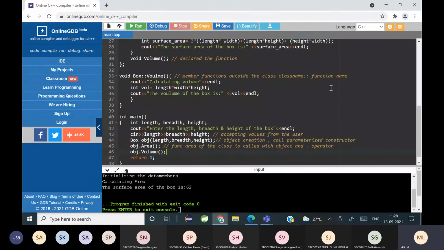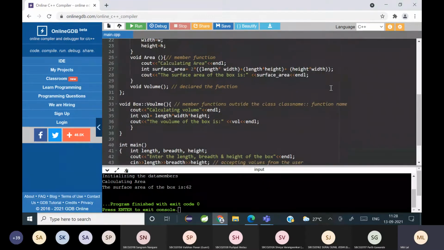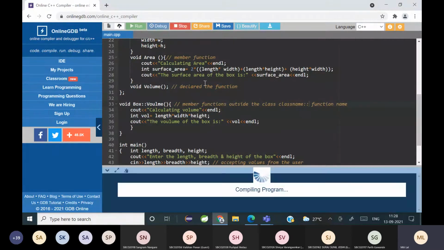Is it clear? Yes, students. Understood the difference? So when you declare the function, the name is followed by a semicolon, and when you write the function definition outside the class, at that time it is the class name, scope resolution operator and the function name. You run the code.